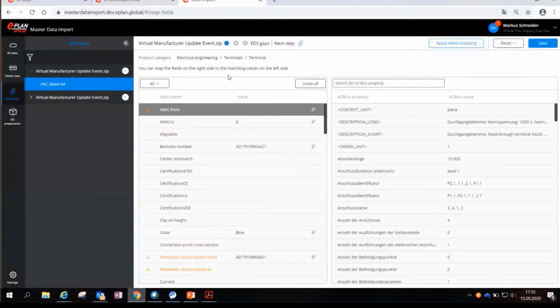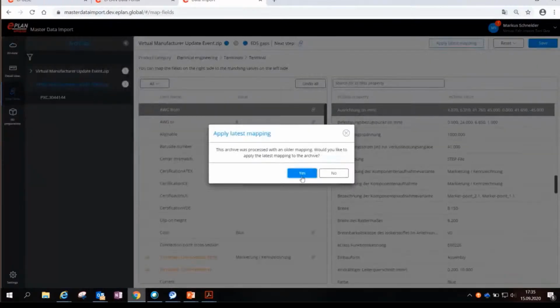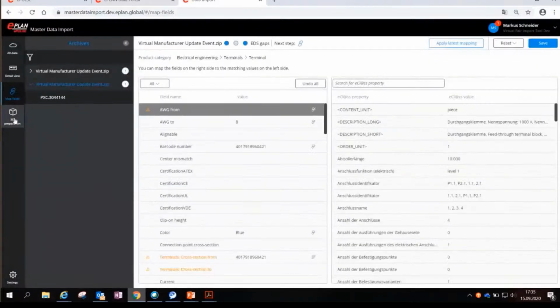And when you finish this, the second dot would be switched to blue, and then the next would switch to blue. And when all dots are blue, you can publish this data. But I don't want to waste too much time now, and would like to show you what you have to do with this